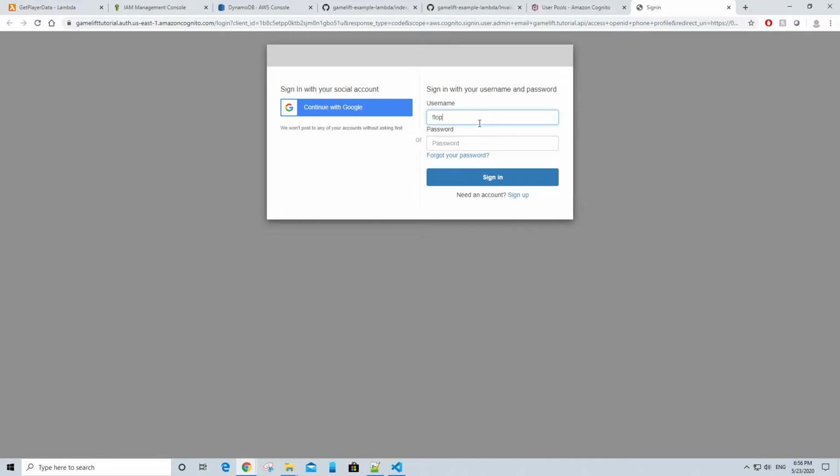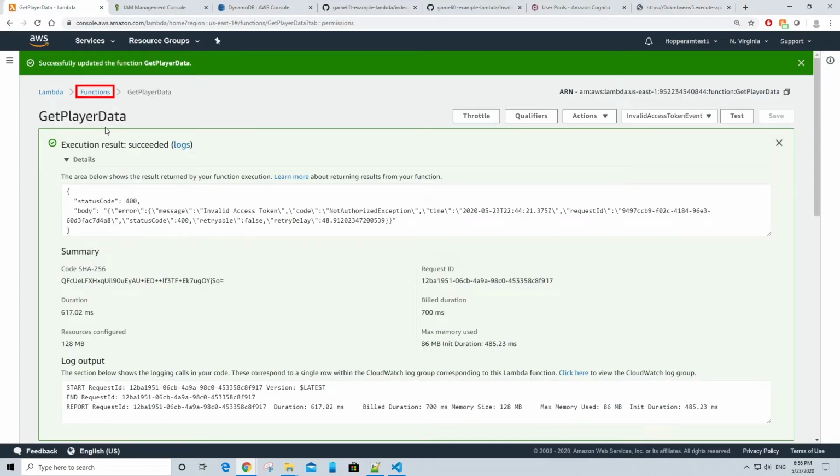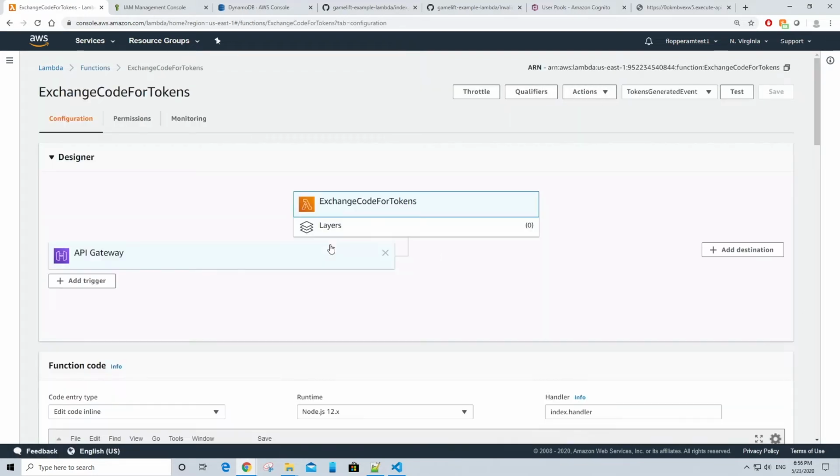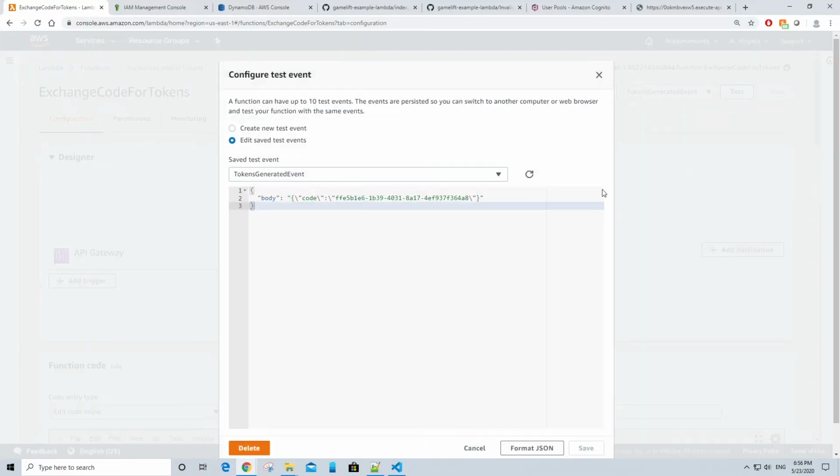So let's just log in by typing in a username and password, click the sign in button, and then in the URL here, copy the code, and then go back to Lambda, and then go to functions, and let's go to that exchange code for tokens function that we made again before, and then click on this drop down menu, click on configure test events, and